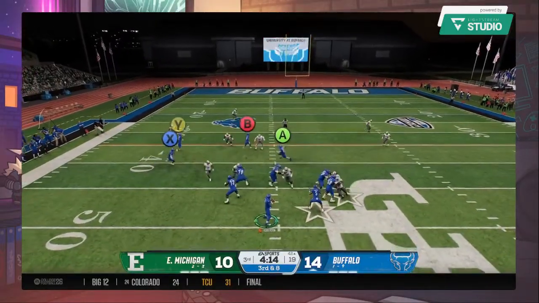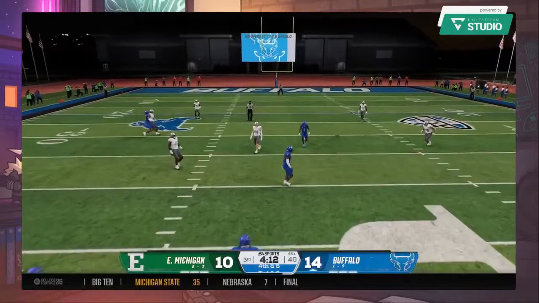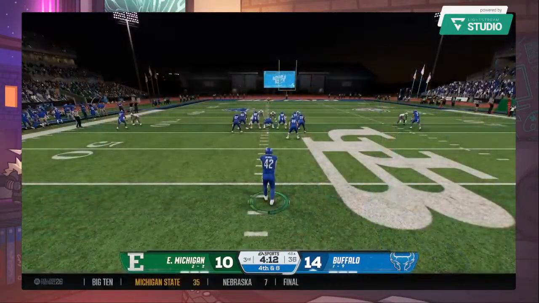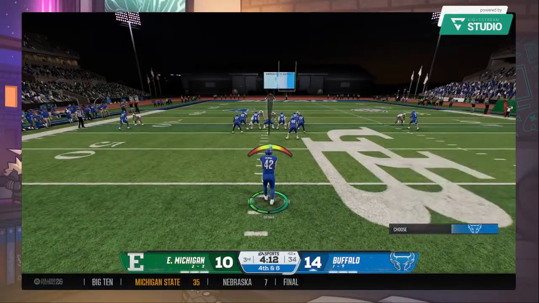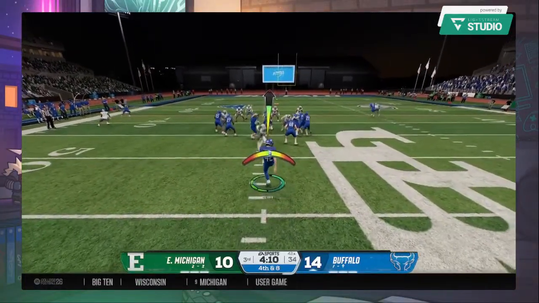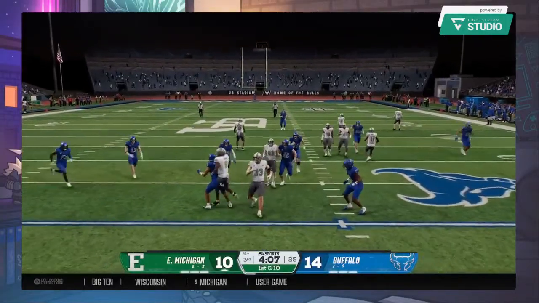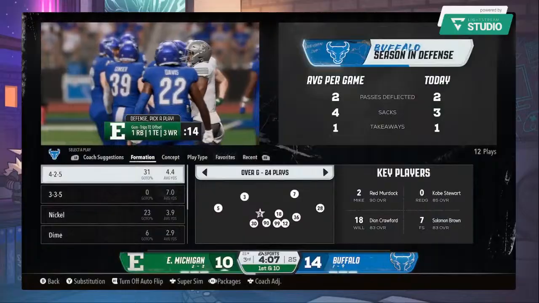To the air. It's Roberson. And he was hit just as he was releasing the pass, and it falls to the ground incomplete. And the Bulls will send out the punt unit. He'll try to really get into this one. Fair catch called for and made around the 20-yard line.